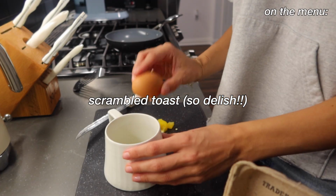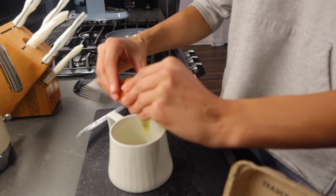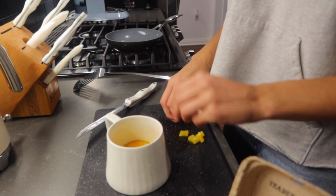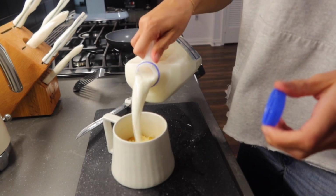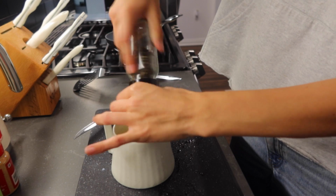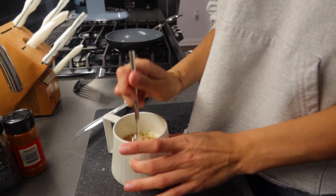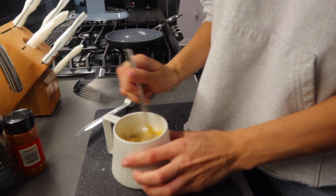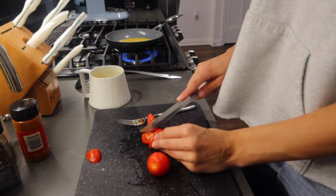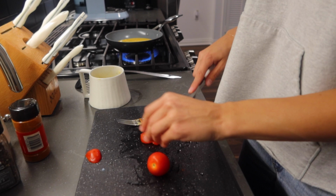For my scrambled toasts, I always mix up any veggies I have in the fridge. This time I had yellow peppers, so I diced them up, cracked 2 eggs in a cup, then I put some Parmesan cheese and a little bit of milk and salt, pepper, paprika. Sometimes I'll add Cajun or red pepper as well, and then I'll put it on the stove under like a medium heat, and then I'll dice up any veggies that I want to add as toppings,